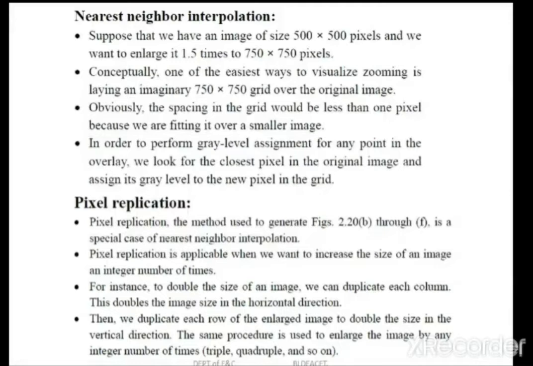The idea is very simple. Suppose you have an image of 500 by 500 pixels, and it is to be enlarged, or zoomed by 1.5 times. First you create a grid of size 750 by 750 pixels. Then to assign intensity to these newly created pixels, you can take the average of neighboring pixels. We apply interpolation techniques like nearest neighbor interpolation, bilinear, and bicubic functions.